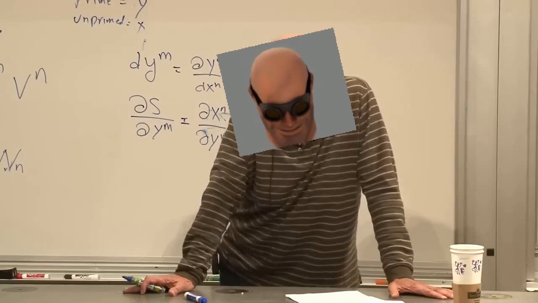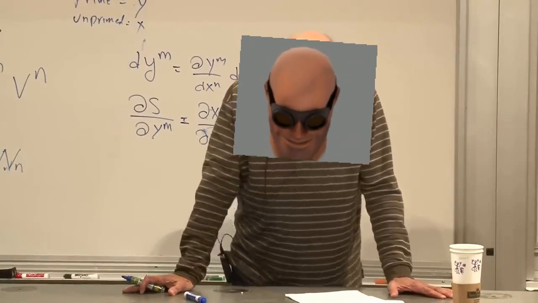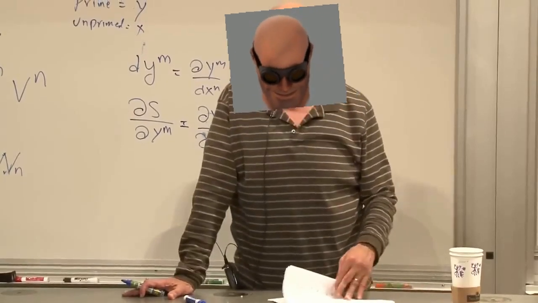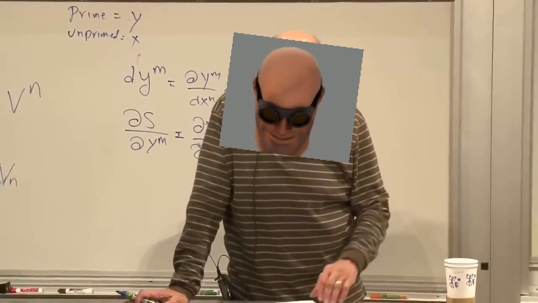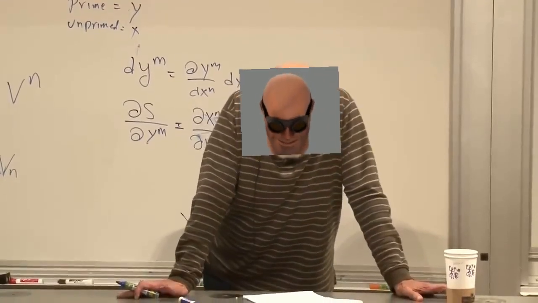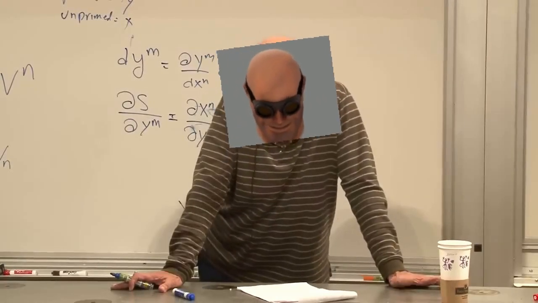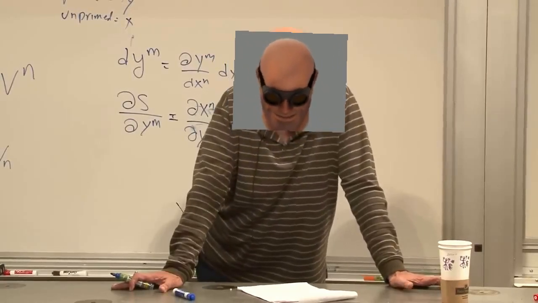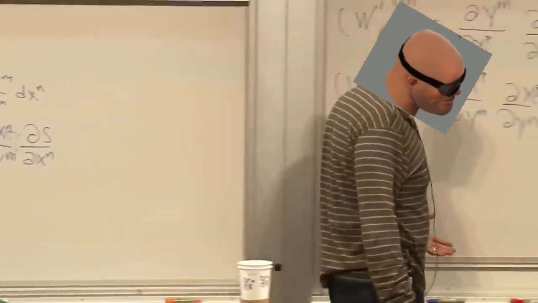There are other objects, and we're going to come across some of them, which are not tensors, which have the property that they may be 0 in some frames and not 0 in other frames. All right, a frame means coordinate system now. So tensors have a certain invariance to them. Their components are not invariant. Their components change from one frame to another, but the statement that a tensor is equal to another tensor,